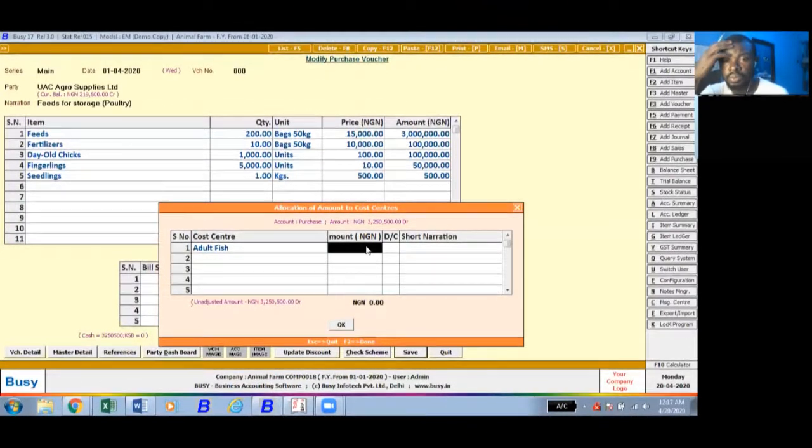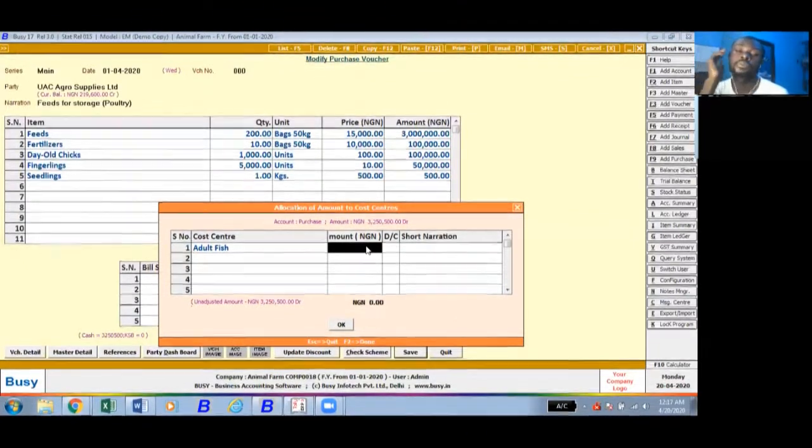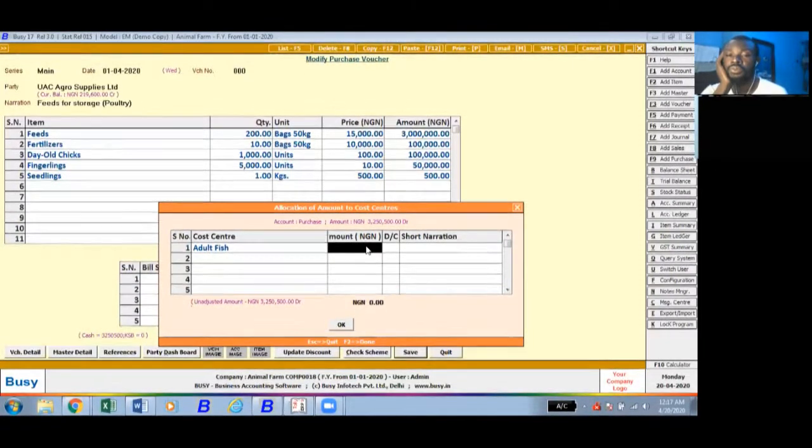20% or 25% for juveniles. Then 15% for fingerlings. Do you follow? Yes. This is just actually